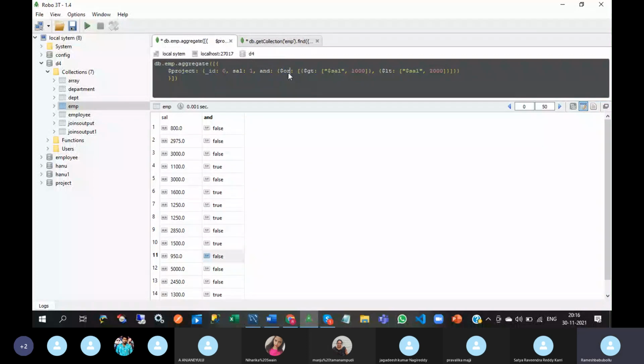So OR means OR. Equal, salary is 3000, and equal, department number 30.